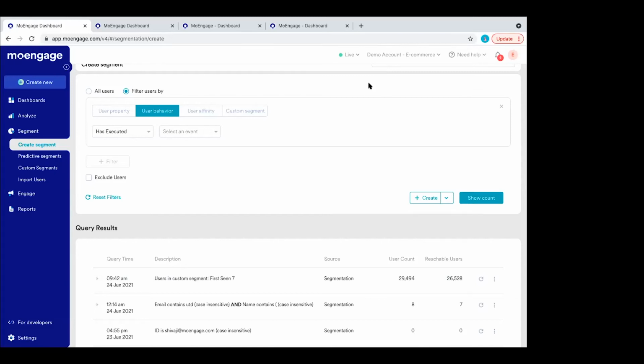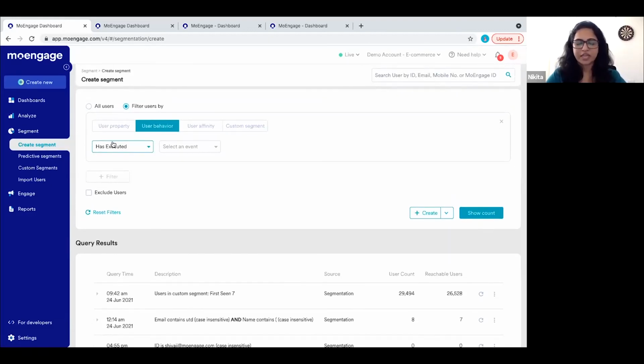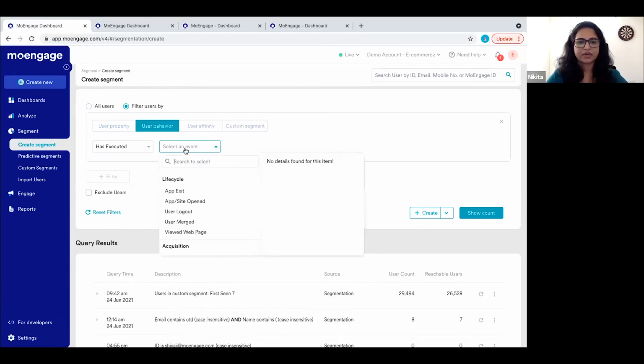All right. Okay. Cool. So we are on the MoEngage dashboard, and currently I am under the segment section of the dashboard. There is a provision for us to segment the users based on user properties and user behavior. When I say user properties, data points like gender, age group, the current location, and other demographics can be used in combination with user behavior, like whether they've opened the app or the website, and when they made a purchase with us last,